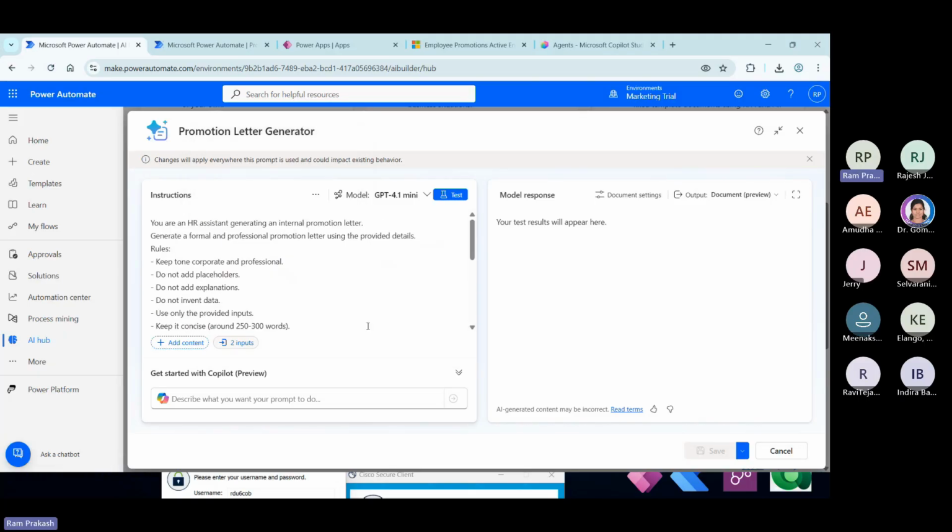So this is the AI generation prompt letter, which is the first thing you need to do before you start building your application. Okay, now once you've done this one,